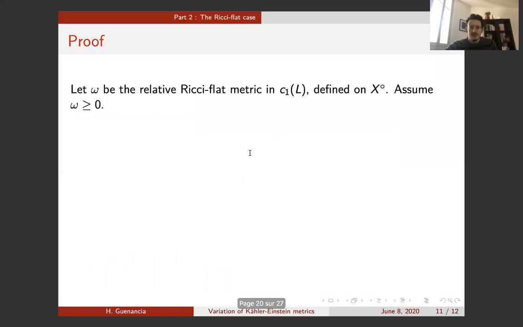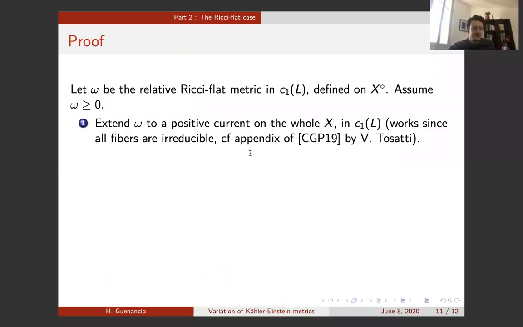Okay, so first step. First step is the following. So I have this relative Ricci-flat metric, but it's only defined on the smooth locus of the fibration, right? I have no idea what phi should be, the local potential phi, when I'm on a single fiber. And so the first step is to say, well,